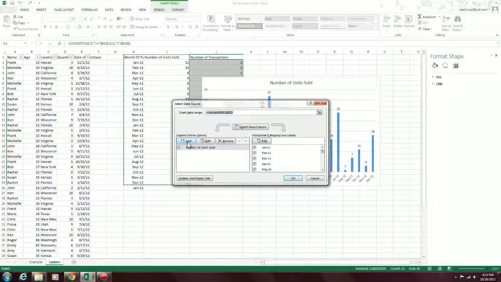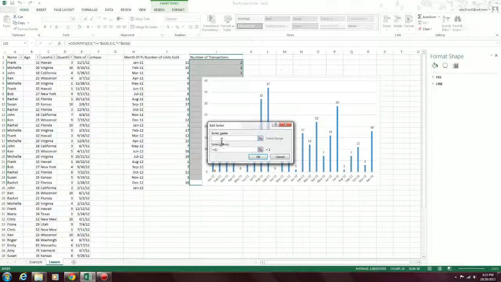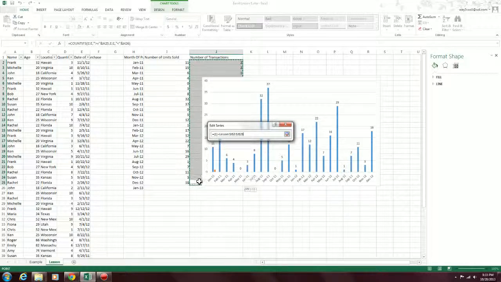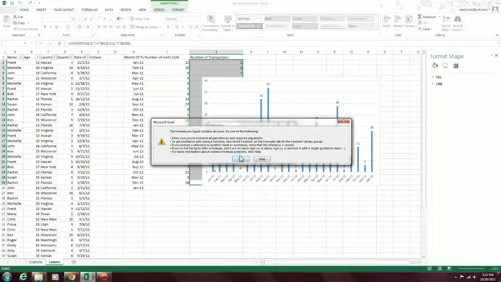Then you go to add. For your series name, and this is why it's really good practice to name your column whatever you want it to be in your graph, you just click on the top, number of transactions, and for series values, you just click right there, and that way you're getting